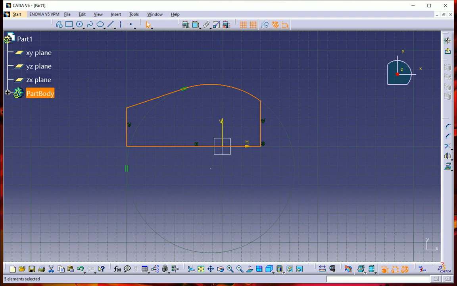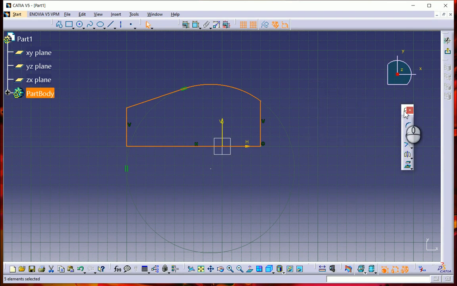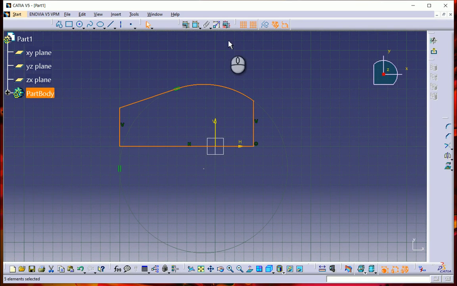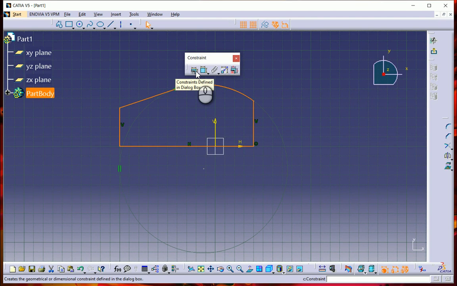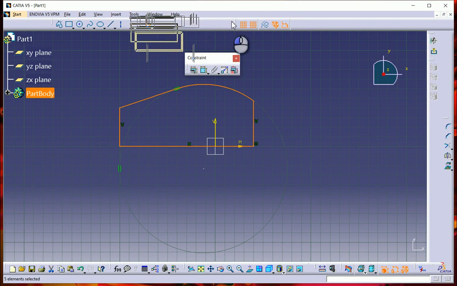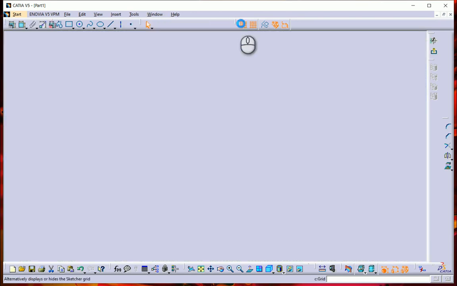For example, if you look over here, we have an option of chamfer, corner. So this is chamfer, this is corner. We can trim, we can mirror, right? And this is the project 3D element. So I'll drop it over here. So this is one of the toolbars. Place it back. This is one of the toolbars, and in toolbars we will have different tools. So this is one tool. This is the constraint define dialog box. This is constraint. This is fix. So these are different tools which are used for getting the desired output, whatever we want, right?